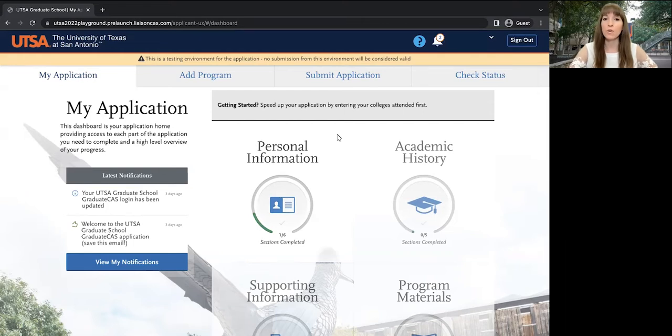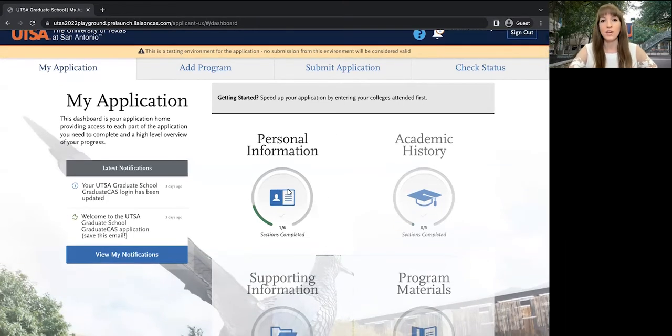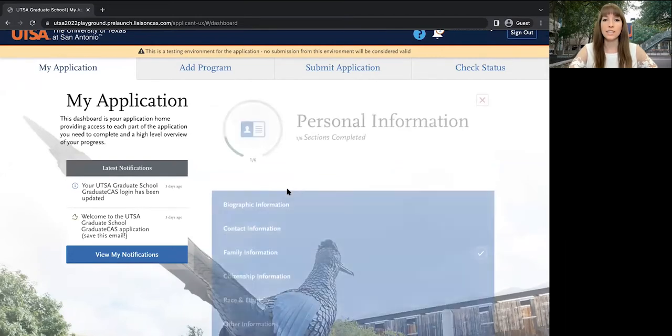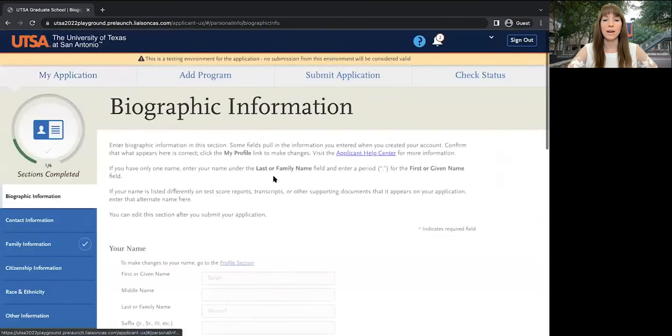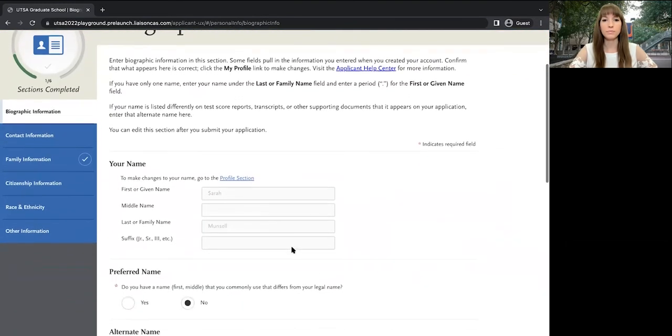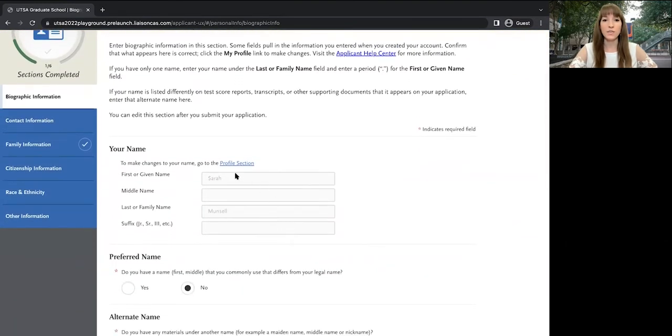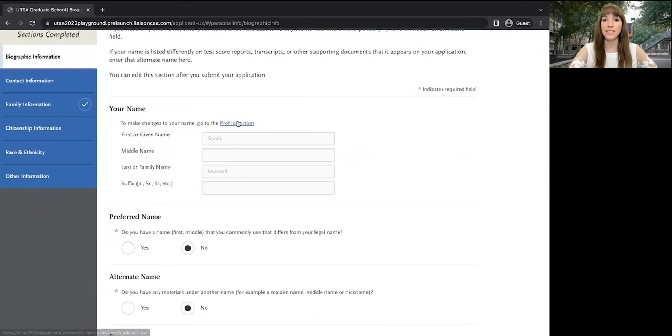In this video, we're going to talk about this section, personal information. So when you log in and you click here, you'll see 6 sections under personal information. The first one is biographic information. You'll see that your name is already filled out for you with the name that you used when you created your account. If you need to change this name, then you can click here to go to the profile section